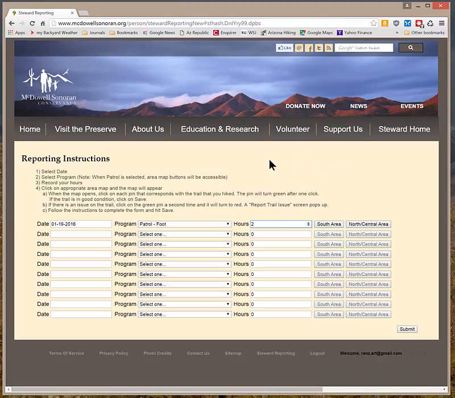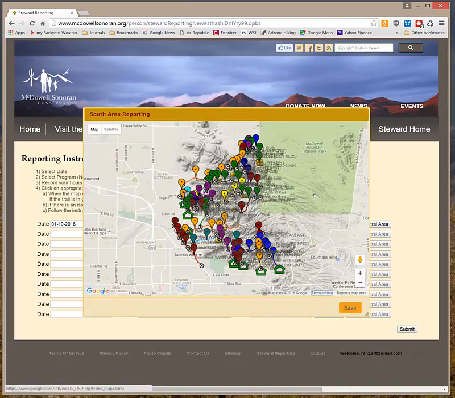Now I went in the gateway area, did the gateway loop. So I'm going to click on the south area, which would be Lost Dog, Gateway Loop, and Tom's Thumb area. The north and central would include the Gooseneck and all of Brown's Ranch. So I'm going to click on the south area, and it'll bring up this map with all kinds of little